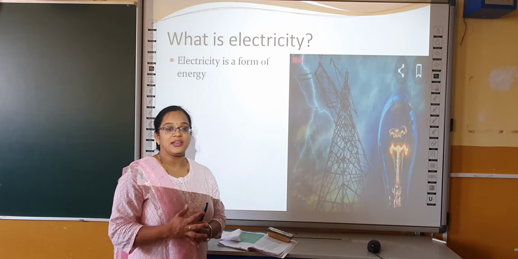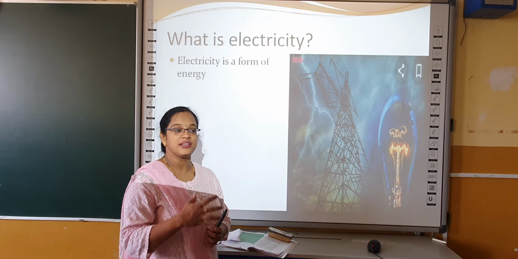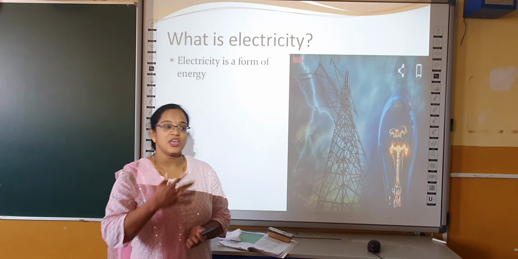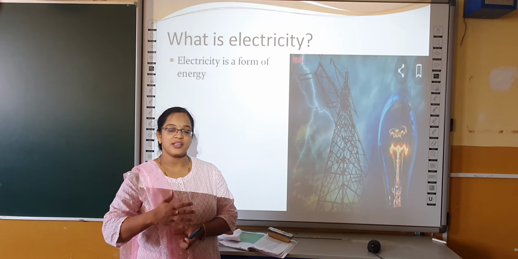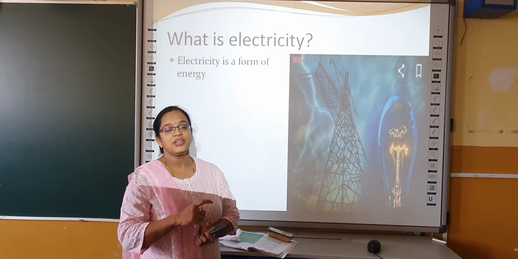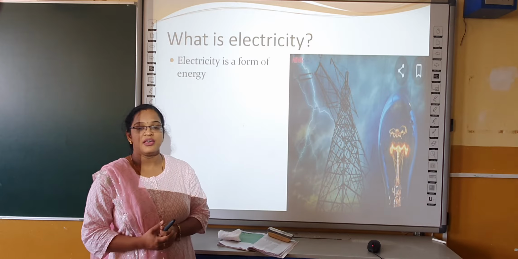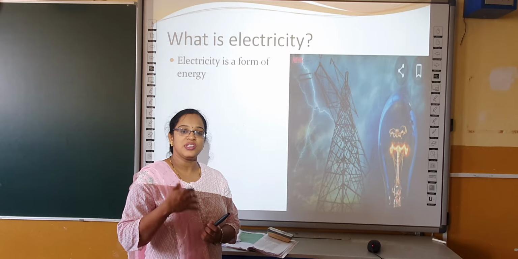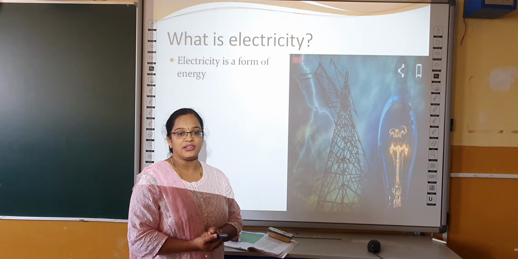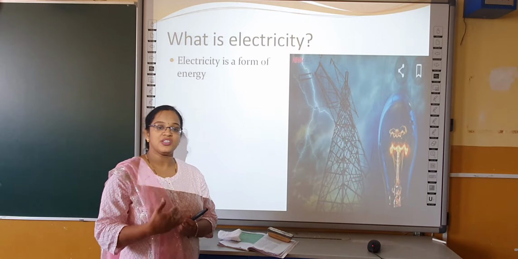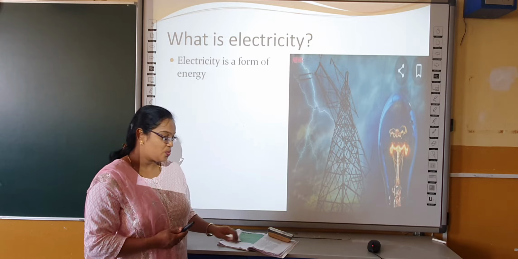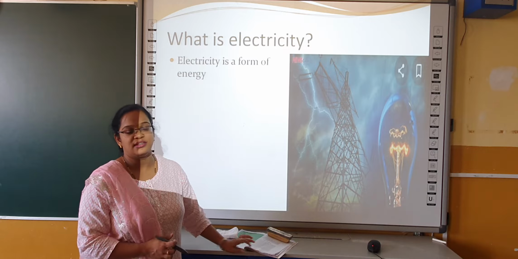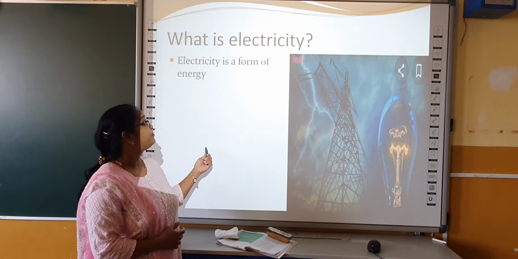So, what does this electricity constitute? How does electric current flow from one point to another? You know that in houses, a switch will be in one place and this is connected to the electric light. How does the current flow from the switch to the light? Or if you have taken a torch, the cells will be connected. If you switch it on, the torch will glow. How does the current pass from the cells to the light? So what does it constitute? What are the factors that regulate this electricity? All that we will study in this chapter.